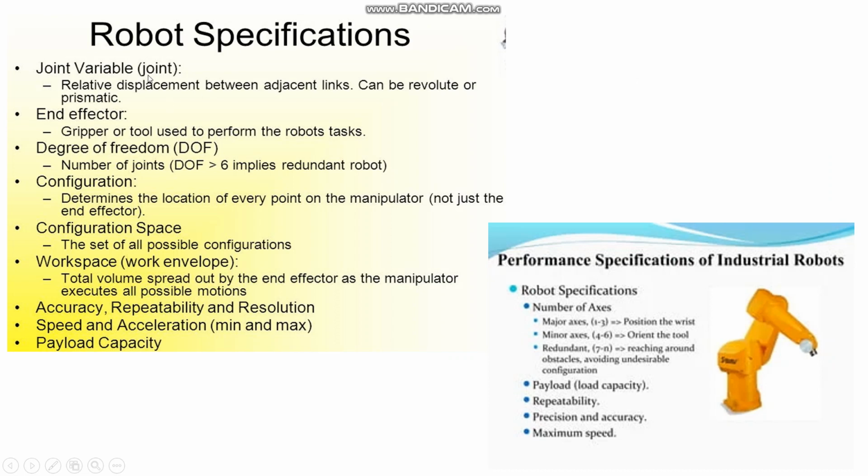Coming to specification, there are two specifications. One is with respect to common robot, you have a specification. Industry robot, you have other specification. For example, joint variable, relative displacement between the adjacent link is one of the specification. And every end effector, what kind of gripper you are using, what type of tool you are using for various purpose. Degrees of freedom, already I said, various movement. So minimum 6 is required. And what kind of configuration we are using, whether it is a polar, cylindrical, Cartesian like that. And the configuration